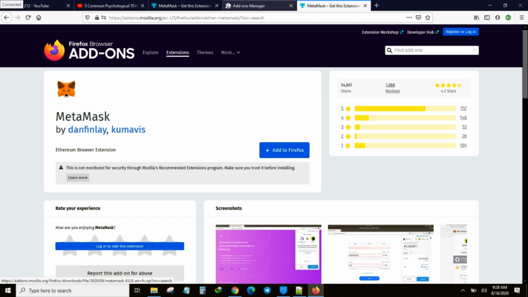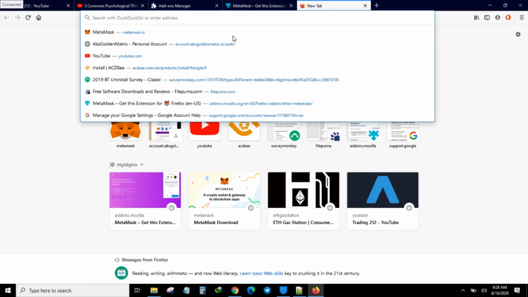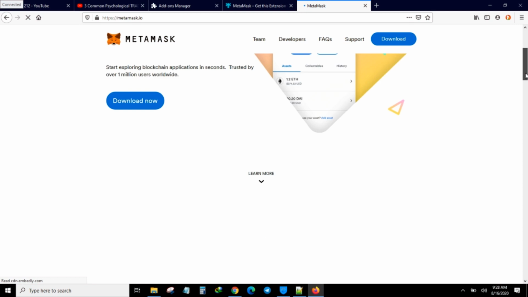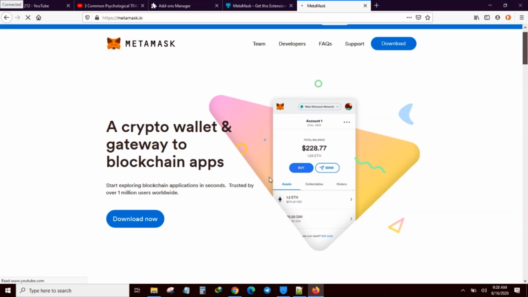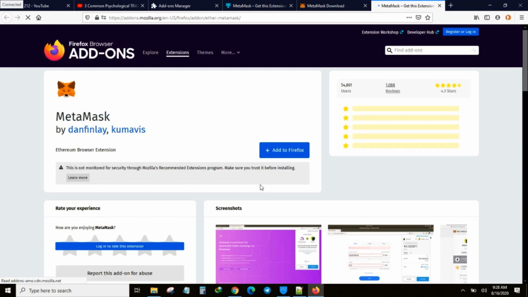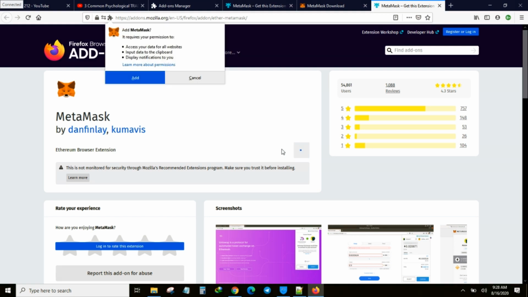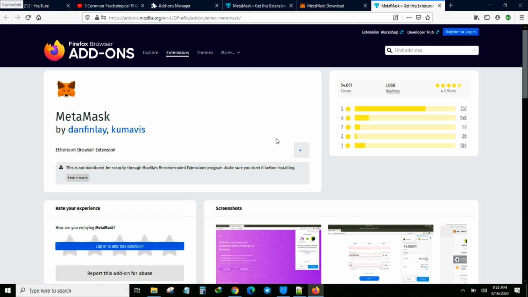The other option is you can go to the main website, which is metamask.io, and then you click download. You click install MetaMask for Firefox. It will still lead you to the same page where you have to add to Firefox. Click add, give it some time to install,